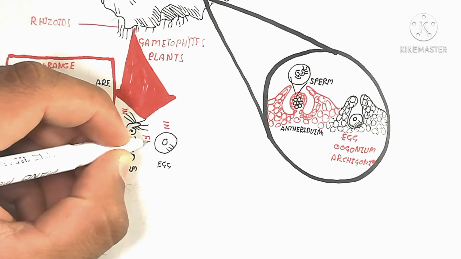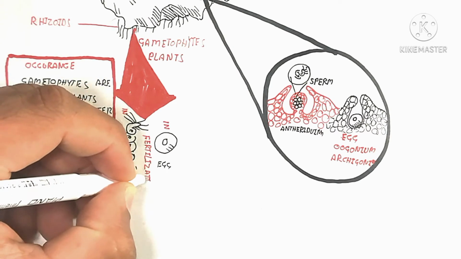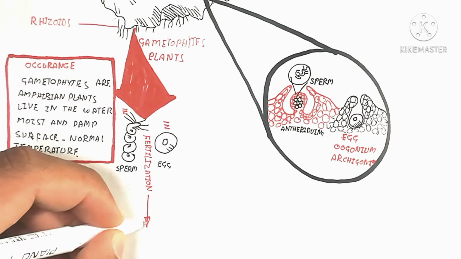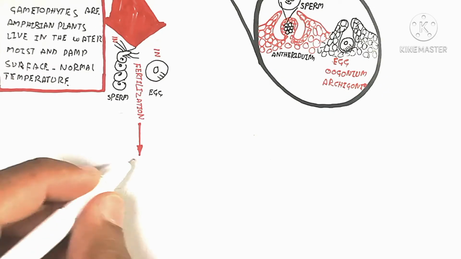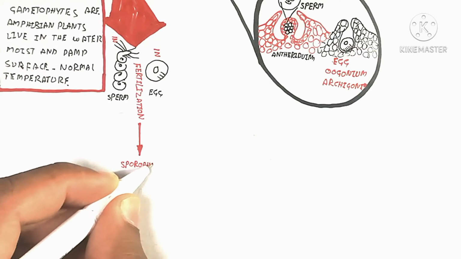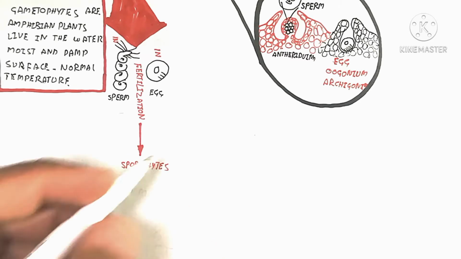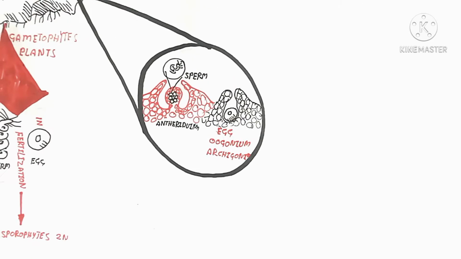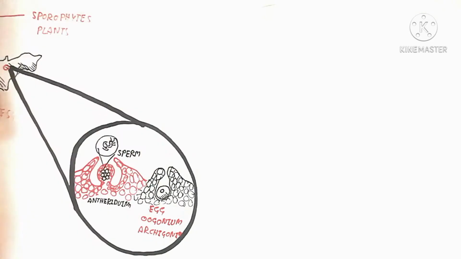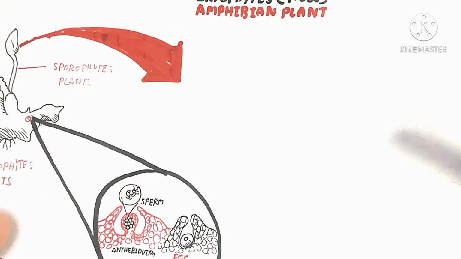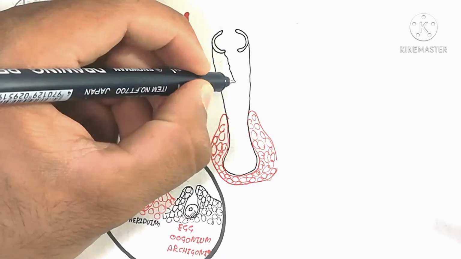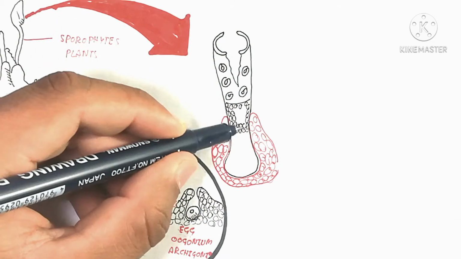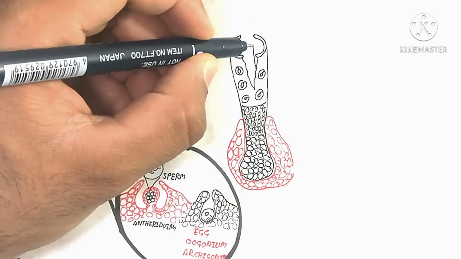So here is a haploid egg and a haploid multiflagellated sperm, which undergo fertilization. After fertilization, a sporophyte is produced, and this sporophyte will be diploid. It means the number of chromosomes is doubled again, and this sporophyte will produce spores. Here I am drawing the sporophyte, and this sporophyte contains food,